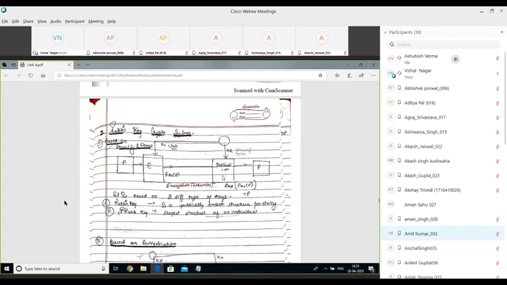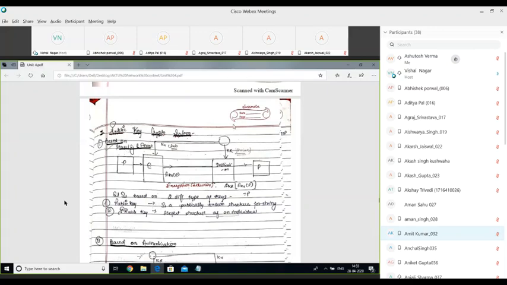In the case of public key cryptography, we have two methods. You can see here in this block diagram: the right hand side corresponds to your receiver and the left hand side corresponds to your sender. On the sending end, in the public key crypto system, there are two methods. The first method is for security encryption.